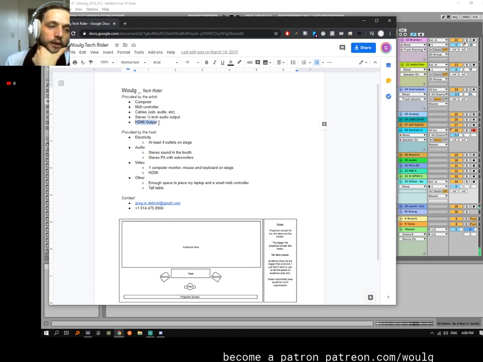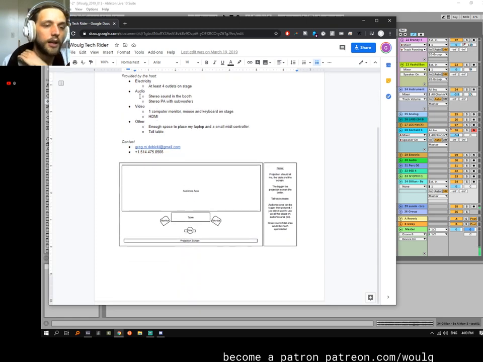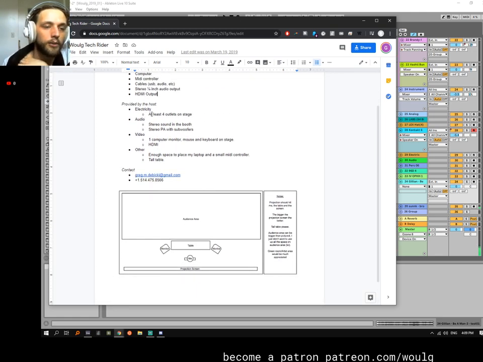This is for my video out, HDMI output. You also might want to have options for that if it's a smaller club, or they might not be able to provide that, or they might not be able to run video from the stage, which is another thing. This other stuff that you might want to specify, and if you can't send a tech rider, which maybe you